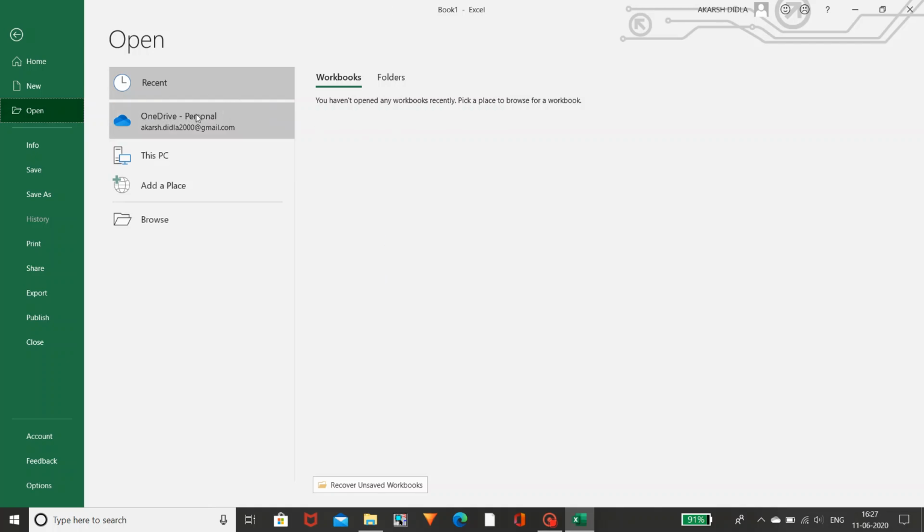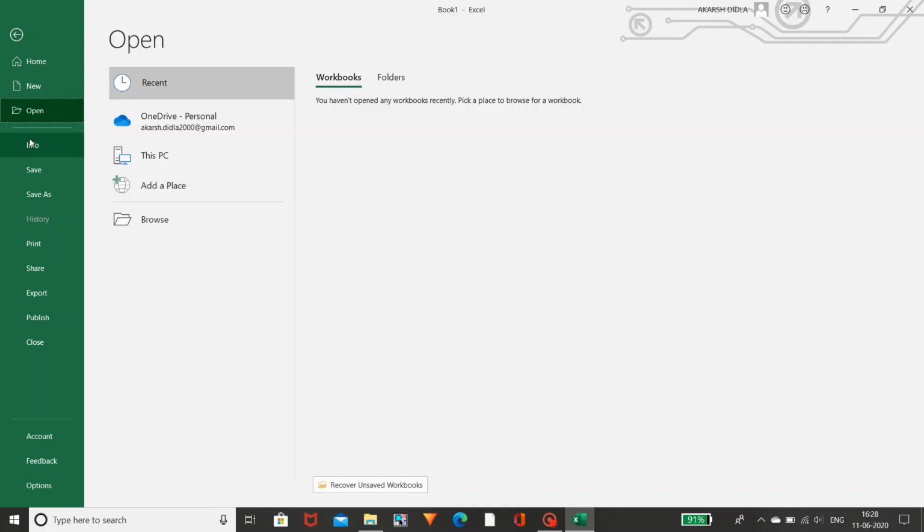you can see here. And coming to OneDrive, it means if you have stored your worksheets in your OneDrive, that means if you want to import from OneDrive to this Excel sheet, you can use this option. And coming to This Device, it means if any Excel worksheet is there in your PC, and you want to import it to this Excel sheet, you can use this option. Like this, you can add from online services, or from the mails, or you can browse it and use it.